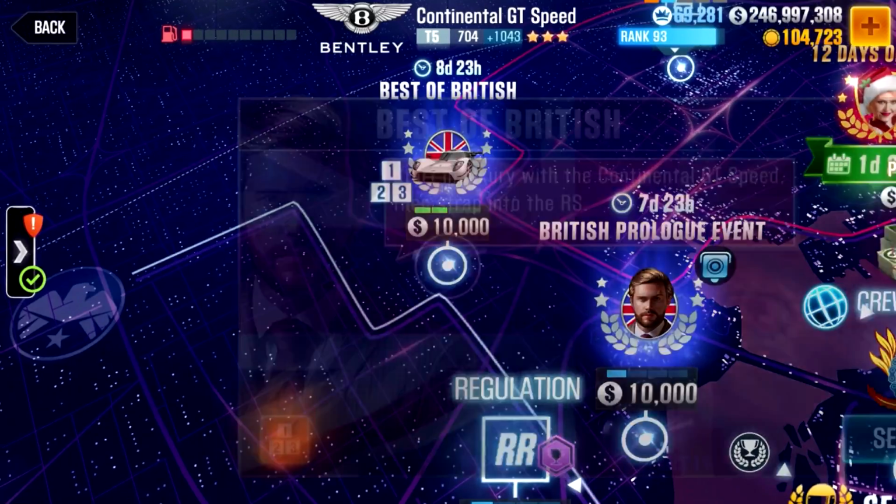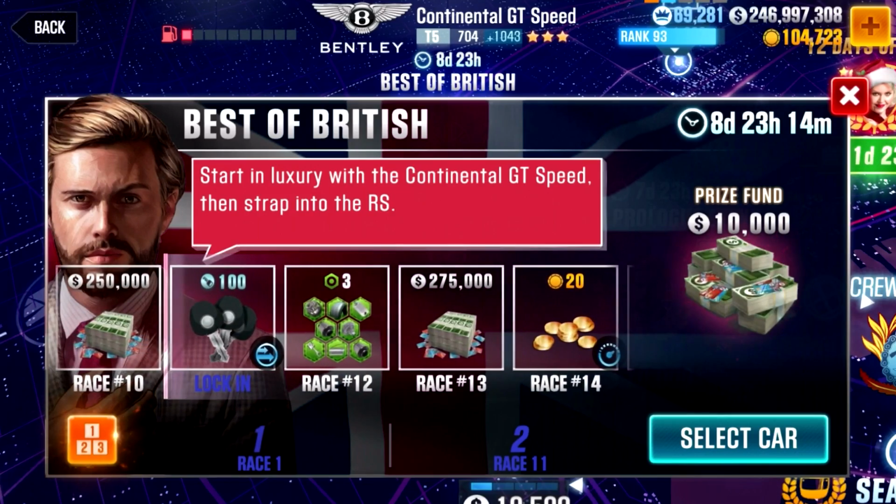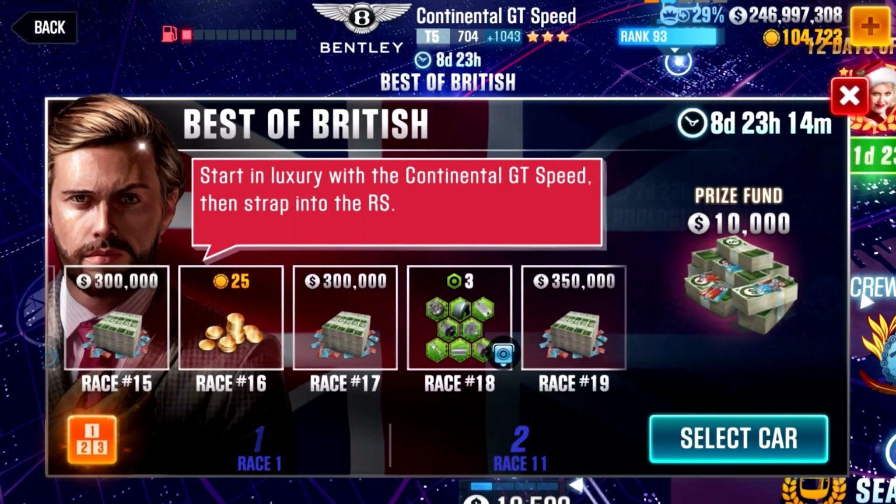On to the main event now. It is a 50 races rundown. You have a combination of sprint, speed trap, normal and relay races. It's a dual lock-in and the rewards are